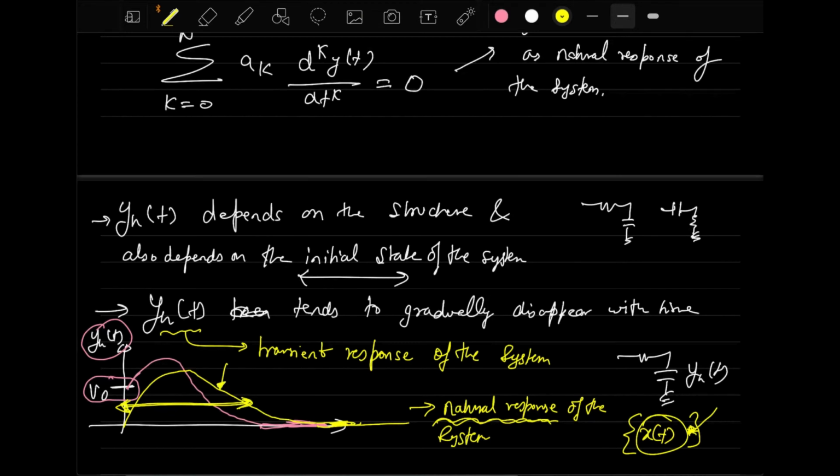Note one more important thing: this situation will not be valid here. I made it wrong, because what I assumed in the yellow curve is that the initial voltages are zero. If initial voltages are zero and you have no input, then obviously there will be no response. So the yellow curve is not right. In order to have the yst, the initial states of the system are important: your capacitor and inductor should have initial voltages and currents. Then only this particular solution will be valid. So this yst is called the natural response of the system or the transient response of the system.